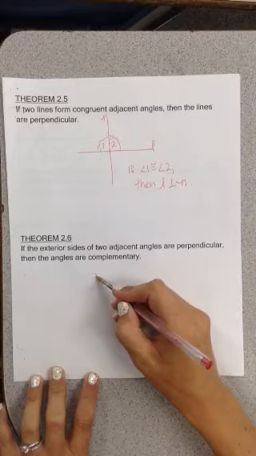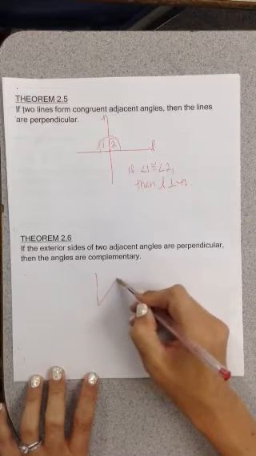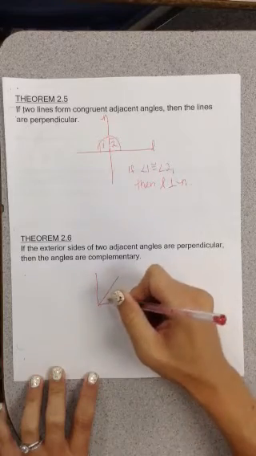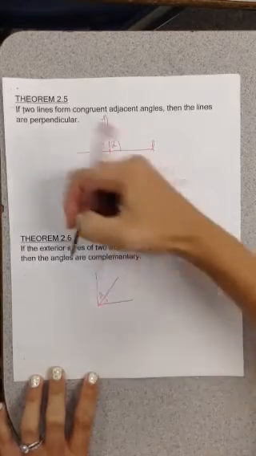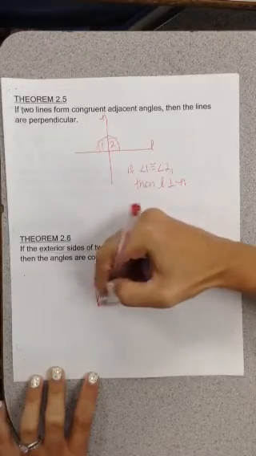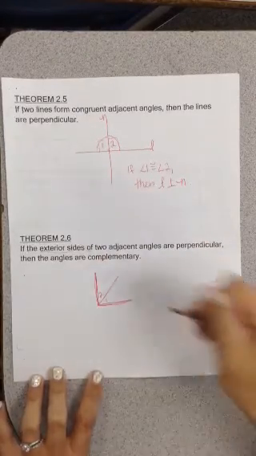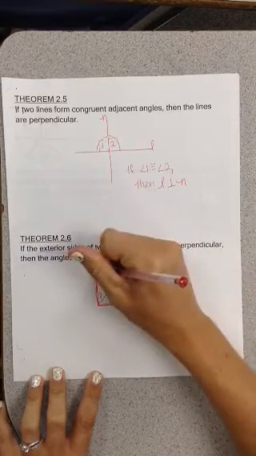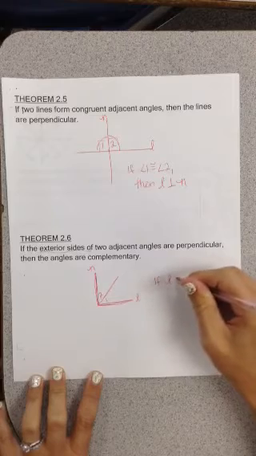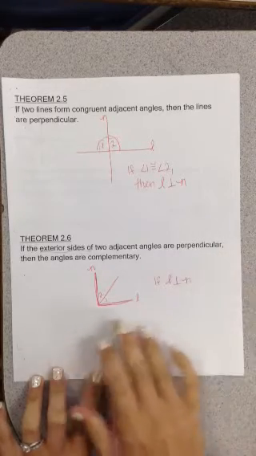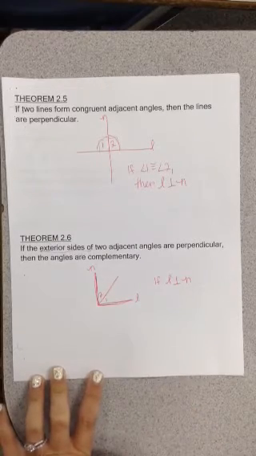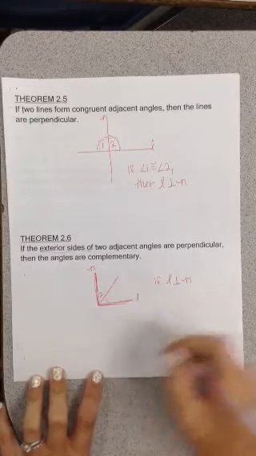So we have two angles that are adjacent, something like this and this, forming two separate angles here. The exterior sides are the ones they don't share in common, so this side and this side. I'll just call these L and N. If I'm told that L is perpendicular to N, which I can see are the exterior sides of two adjacent angles, then I can conclude